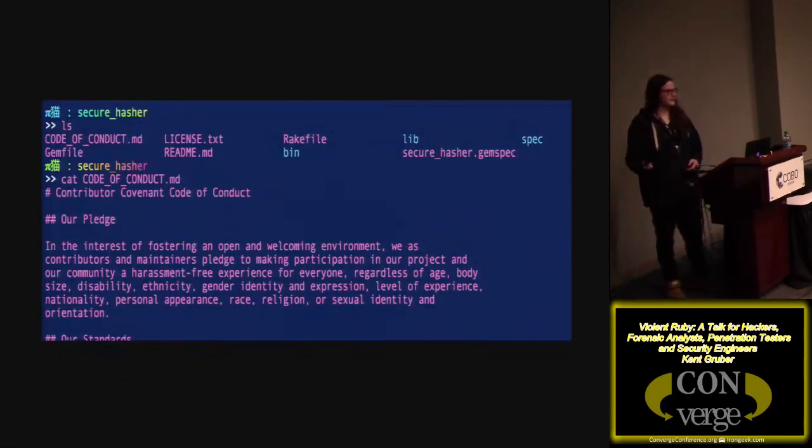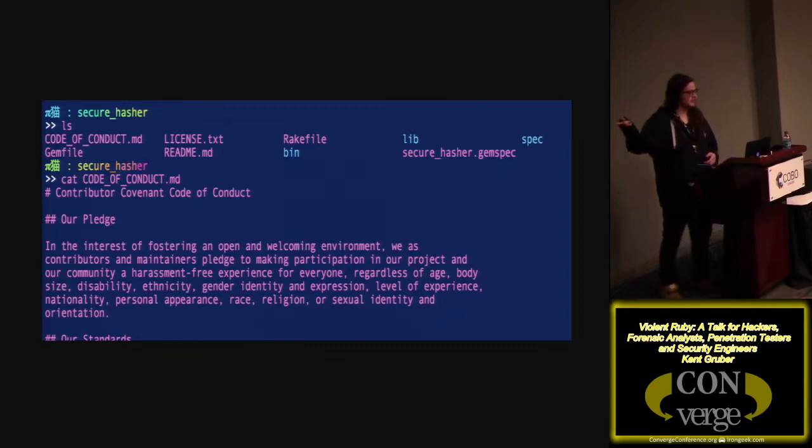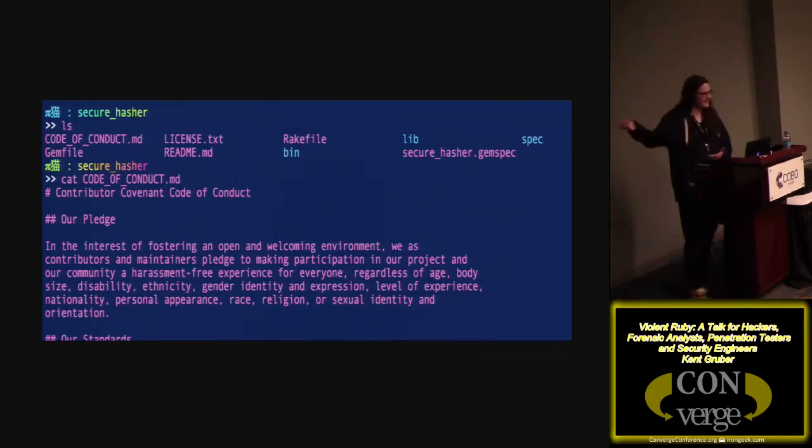It created a code of conduct for me. I've basically opted in to always have this code of conduct. I really like this in the Ruby community, where basically it's like, hey, don't be mean to people. I think that's actually a cool thing to have, so that when someone is not so nice on, let's say, GitHub, you can say, hey, if you're going to contribute to this project, please don't do that, because you're breaking the code of conduct.